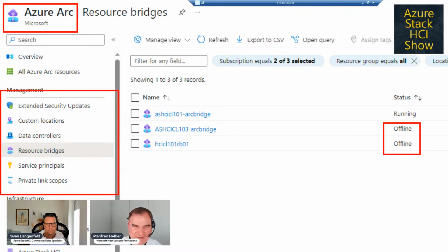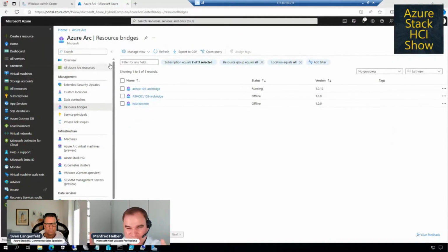This is not a technical issue, but because of Ignite next week, I'm actually transitioning from the Arc Resource Bridge actual version to the next version. So there will be some announcements next week, and I'm upgrading these machines. So I have left one of these old resource bridges running for our demo today, and this is the first one. The other ones are in the upgrading phase, and they will be usable, I think, starting end of next week.